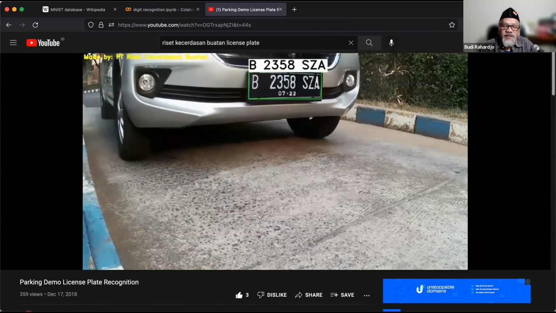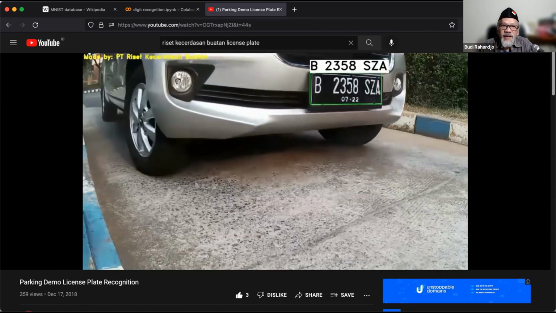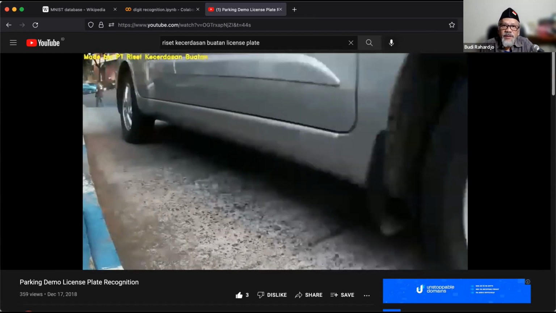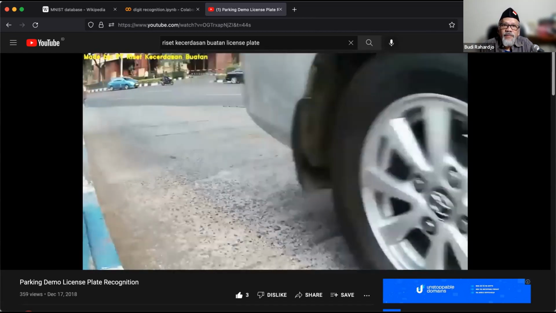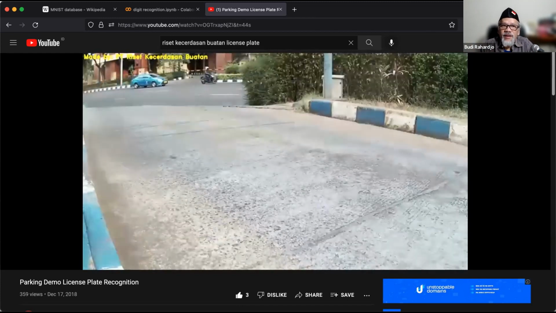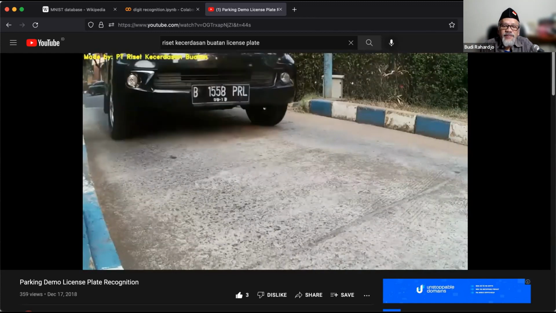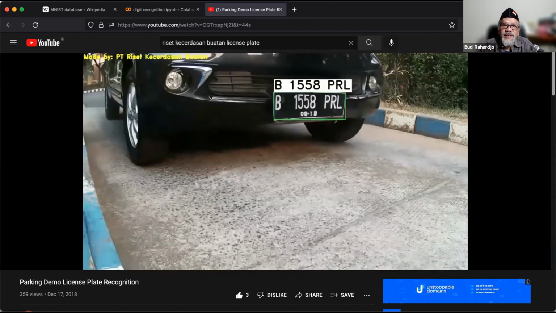If this car is registered to the building, it can open right directly, or it can charge directly to your mobile phone, for example. So exactly like what we did. A bit complicated, but the flow is exactly what we are doing. So this is an example of the application.